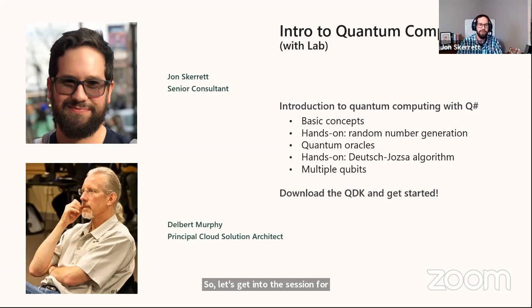First, we're going to start off with the basic concepts of quantum computing, which are qubits, gates, and measurements. Next, we're going to talk about quantum random number generation using quantum computation. Then, to wrap up my half of the presentation, we're going to use that knowledge to generate our own quantum random numbers by stepping through a Q# tutorial using Jupyter notebooks. After that, I'll hand you off to Delbert, who will introduce you to quantum oracles and algorithms with a specific focus on the Deutsch algorithm. Then we'll run through another Jupyter notebook and finish up by talking about multi-qubit systems and entanglement.